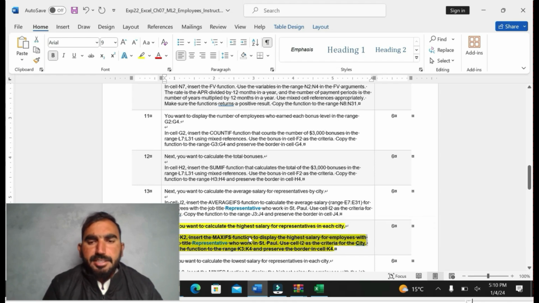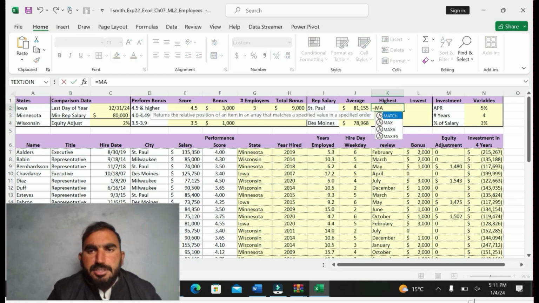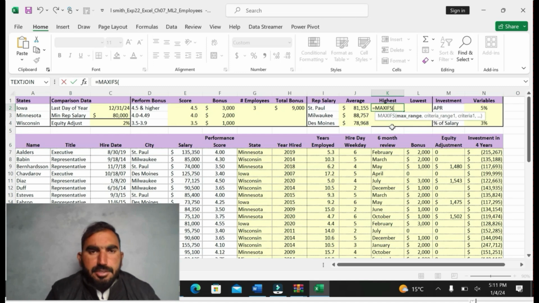Choose I2 as the criteria for the city. Fill the function ranges K3 to K4. Now I'm going to apply the highest function, that is the max function, and complete this formula.